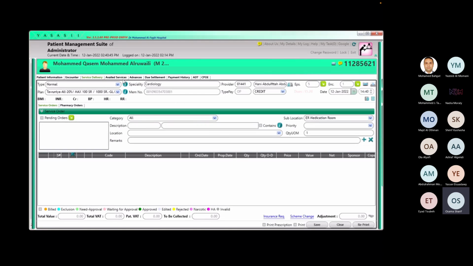You also have an option of availed services. Many people will check that. So let's say Nadia comes and tells me, Osama, did you bill the IV service for this patient? Because there are two receptionists sitting and they are confused whether you billed the IV service, yes or no. I said, I don't know. Can you check? How will someone check this? He will go to availed services